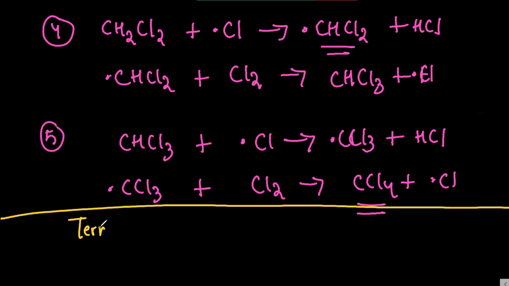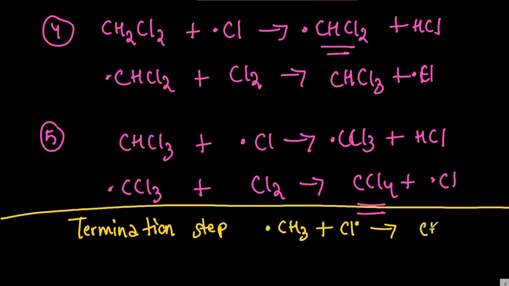The last step is your termination step. What is the termination step? Termination step is pretty simple. In the termination step, the free radicals that you have formed in your propagation step keep on combining to form a compound. Let's say you had an alkyl radical and a chlorine free radical. They combine to form CH3Cl. If you had 2 chlorine radicals, it forms Cl2 gas. If you had 2 CH3 radicals, they would form